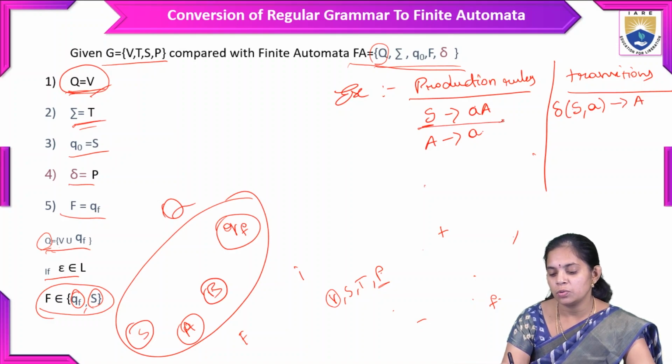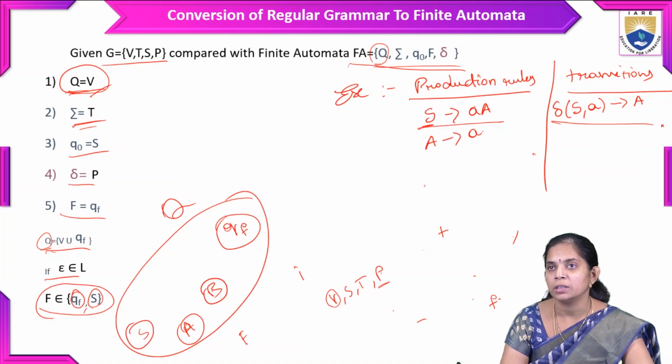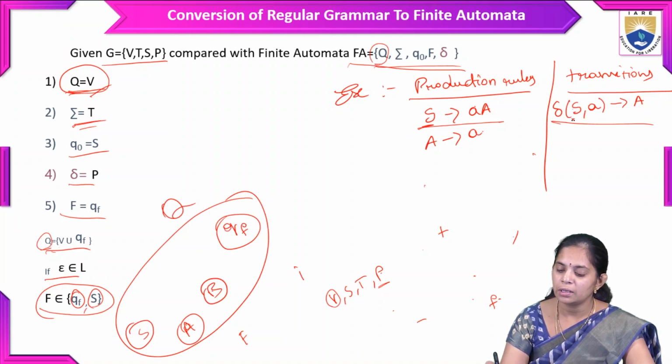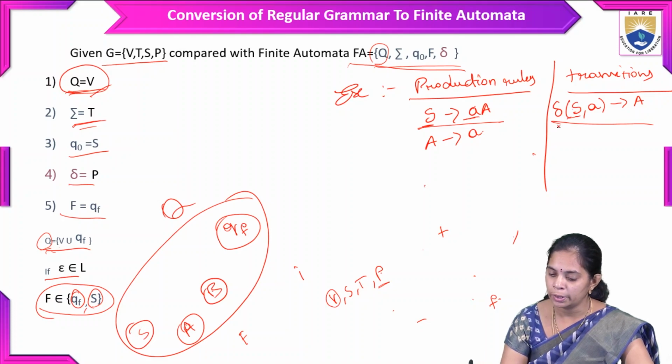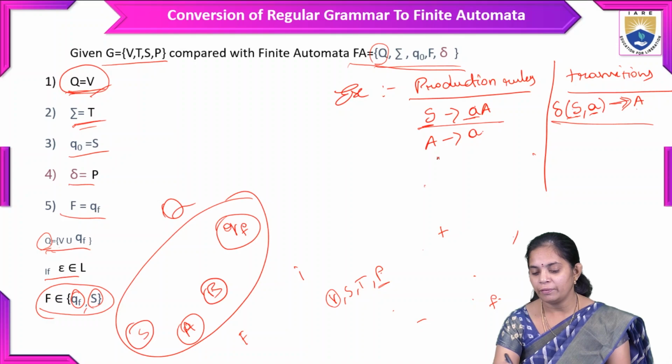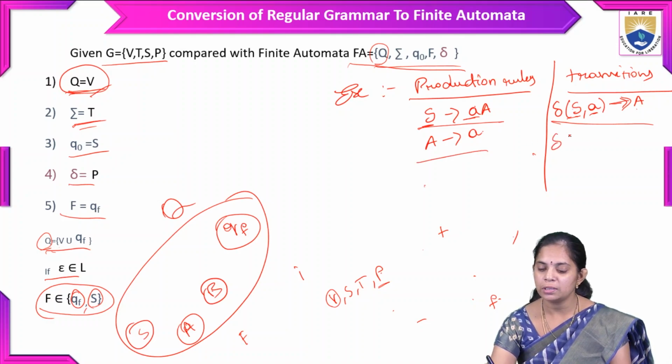So this production rule, how we write it in the transition: S is the current state, and the terminal is followed by the non-terminal A, so for input a, it is reaching the A state. And for the production A tends to a, with input a,